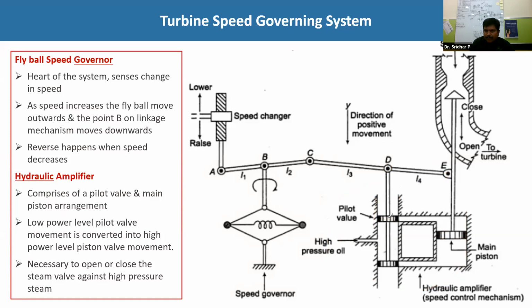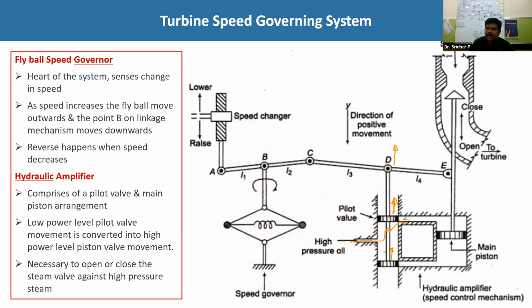Suppose due to some disturbances, let us assume in one case, this particular pilot valve is lifted in the upward direction because of the movement of D. In some case, at one point, suppose D is lifted by 1 millimeter or 2 millimeter, whatever it may be, in the upward direction. Then immediately with the same velocity, this piston valve also will be lifted in the upward direction. Then in the same manner, this will also move in the upward direction. Then what happens? This high pressure oil will be admitted onto this.